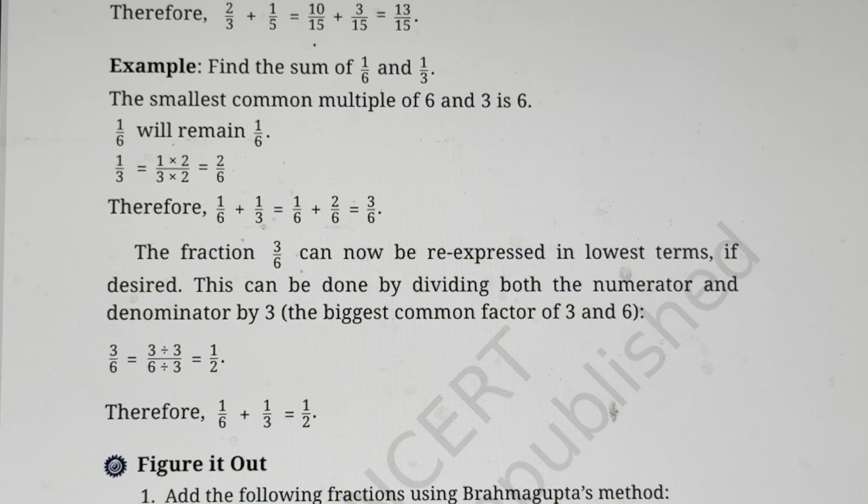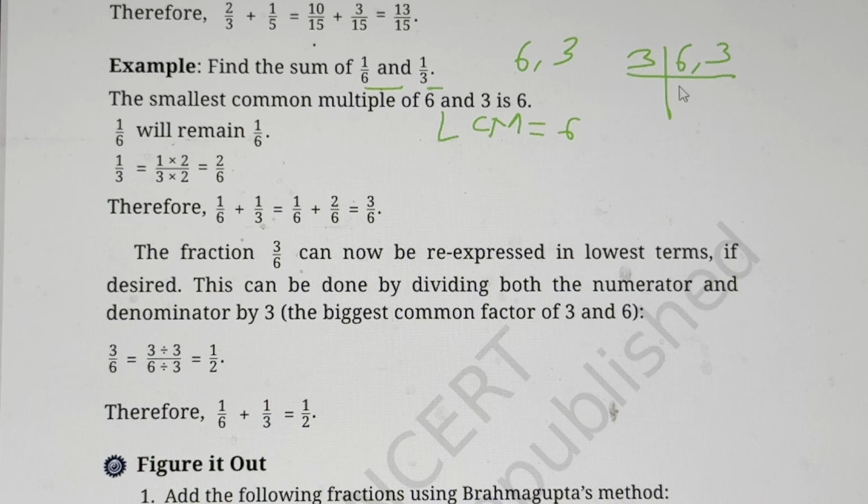Now see the other example. Find the sum of 1 upon 6 and 1 upon 3. Now here if you observe the denominators 6 and 3, 6 is a multiple of 3. So here the LCM would be 6. Whatever is the multiple, that would be the LCM. I'll show you why. Even if you do the method, we'll take 3 is the prime number. So 3 2s are 6, 3 1s are 3. Again you take 2, 2 1s are 2. So 3 2s are 6. So if one of the denominators is the multiple of the other, the LCM would be the multiple, not the factor. So 6 is the LCM.